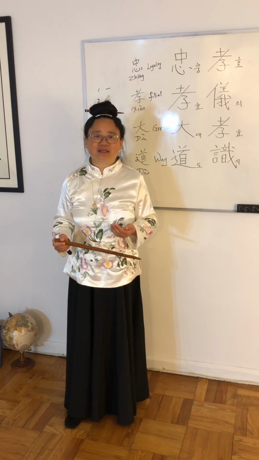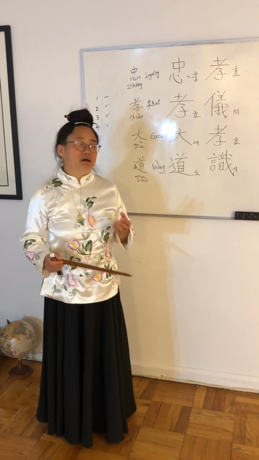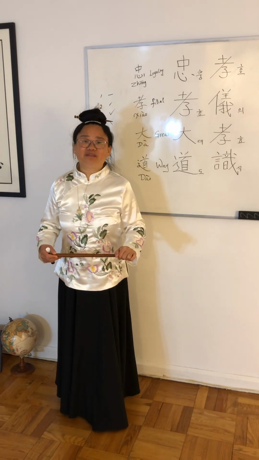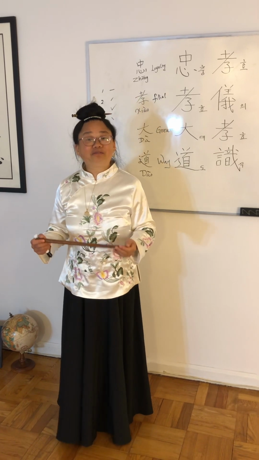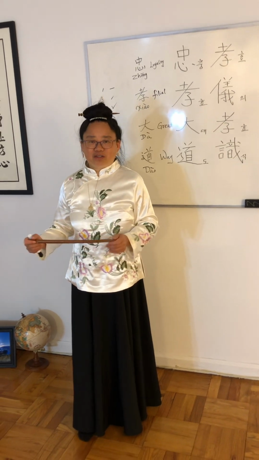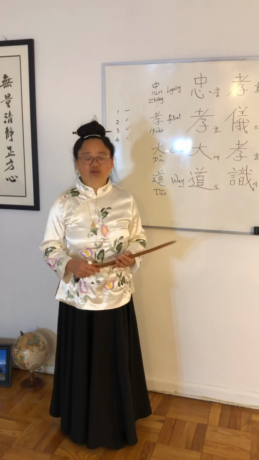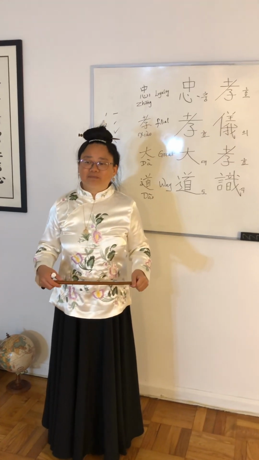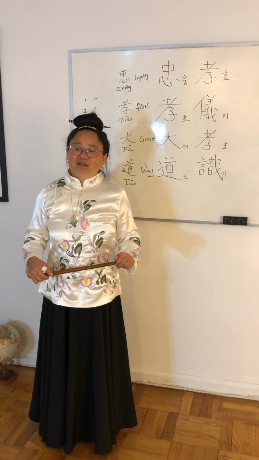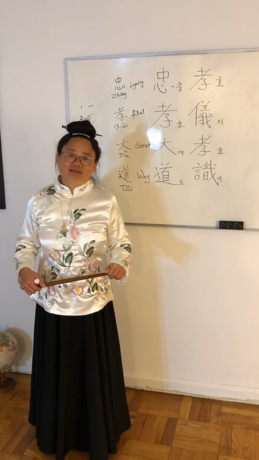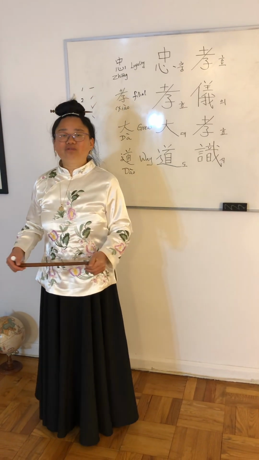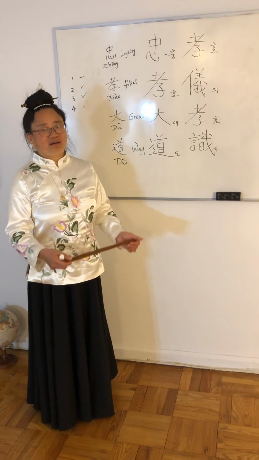So those are the very basic definition of being filial. So the traditional way of living is that the children always live with the parents. And when the parents are getting old, this word filial is extremely important, because when parents are getting old and sick, if the children are not there, the parents will suffer. But if they have children by their side, the children will very quickly be able to take care of those